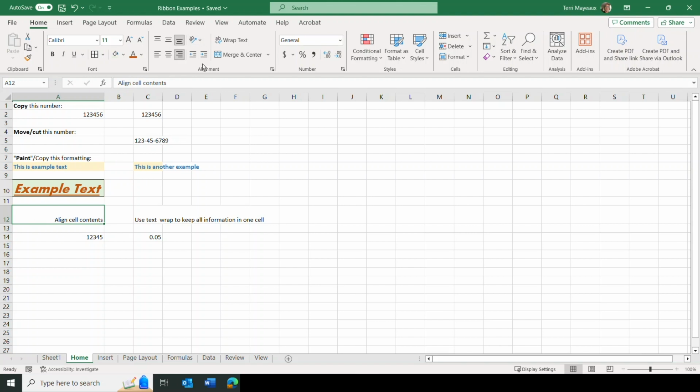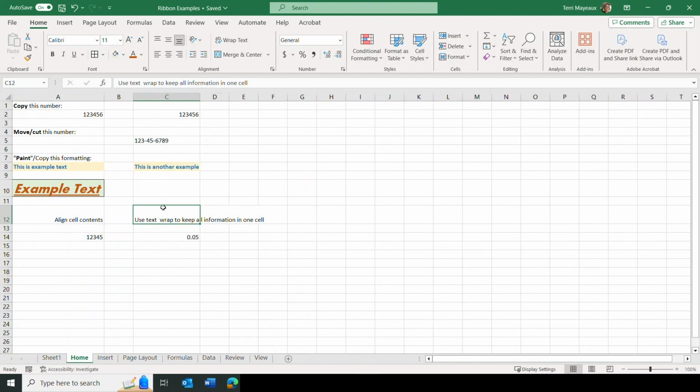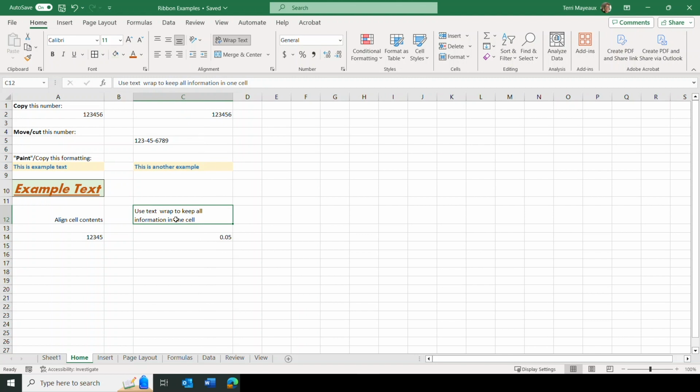Now we have some other buttons in here that you might be interested in, but we also have this one for wrap text. So what it does is keep all sorts of information in the same cell. And that can be an extremely great help, a wonderful tool when you need it when you're working with a spreadsheet. Now, Merge and Center is something else that you may want to consider, but let's go ahead and look